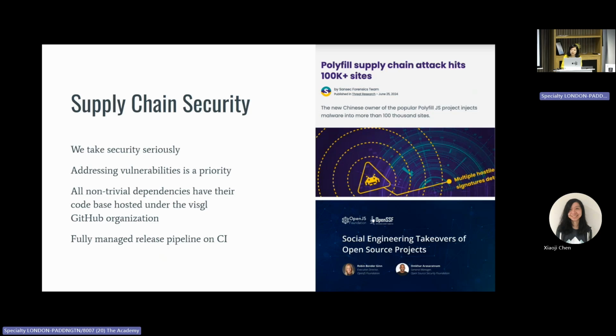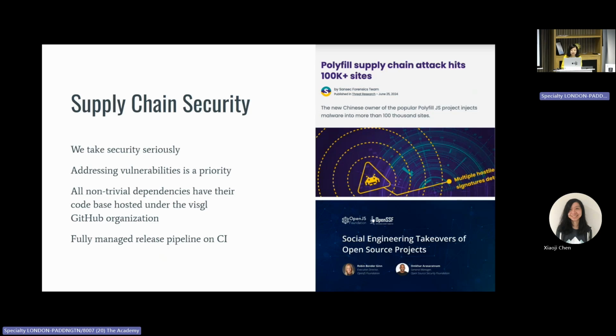It is a hack method that has been employed and observed in many cases. And although we think JavaScript running in browser is in a sandbox that's somewhat more secure, it is not immune